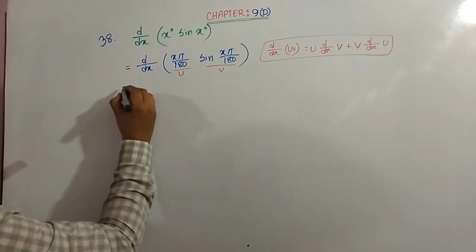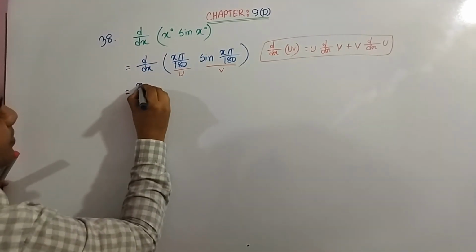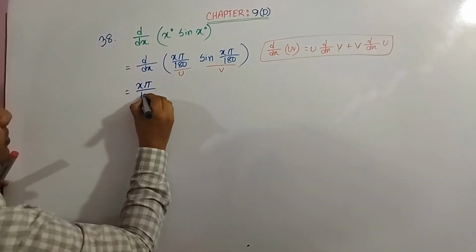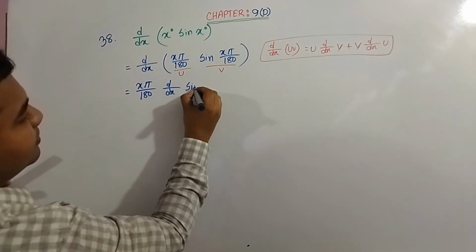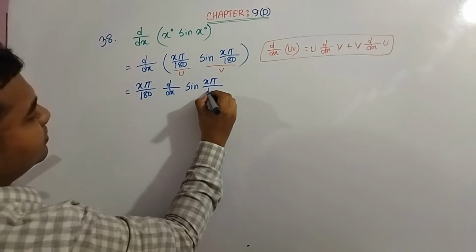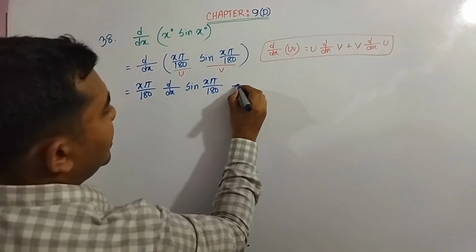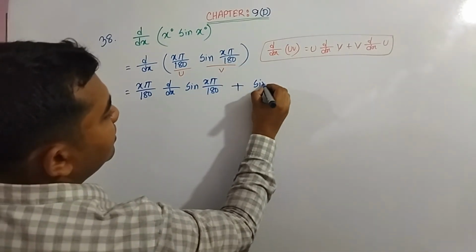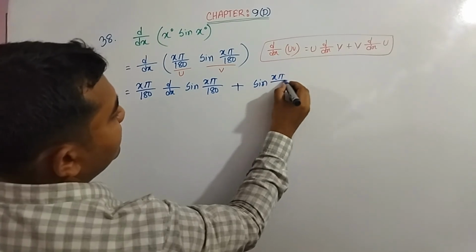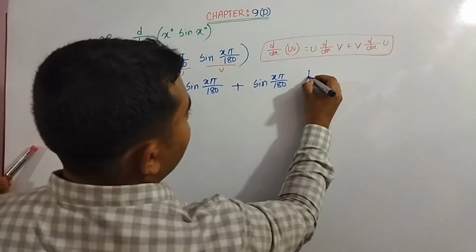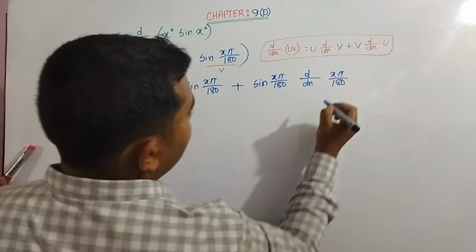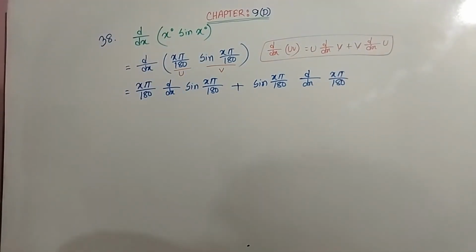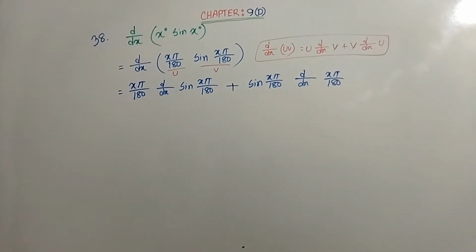So we'll just use that formula in our third line. So we can write here u d/dx of v, then plus v d/dx of u. Okay, so u d/dx of v plus v d/dx of u. We'll just use the formula in here. Okay, now